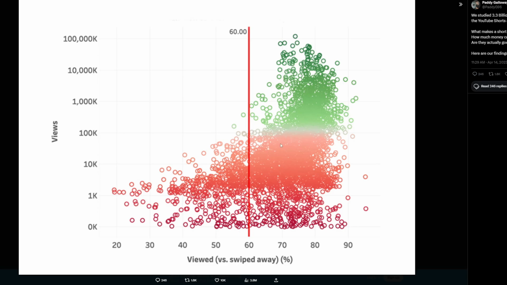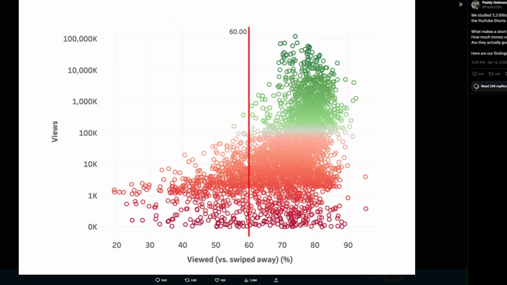Now let's look at what we want to achieve, which is the high view counts, the green up here. So oddly enough, the most viral videos he observed appeared to be around the 75% to 80% swipe rate range. In fact, you actually kind of see the peak there, and then it kind of tapers off towards the 85% plus swipe rate category. However, guys, that is probably just because there's less data within that super high swipe rate category. There's just far less dots because there's far less people getting higher and higher numbers. I'd be willing to bet that if you were consistently hitting 90% swipe rate, you'd perform better than the 80% category.